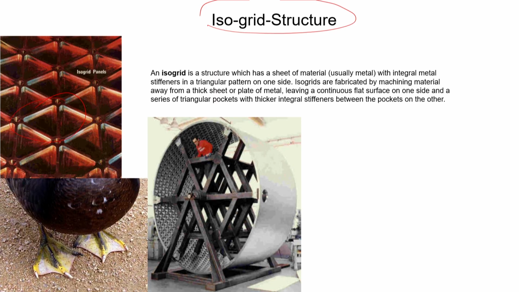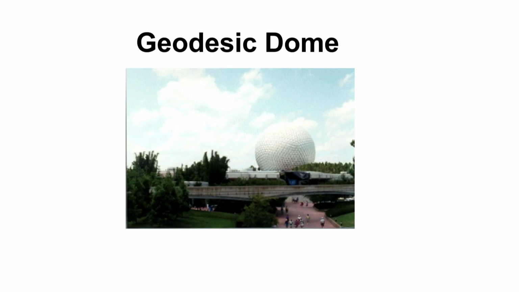Particularly for a rocket structure, which is subjected to large loading, the isogrid system provides large stiffness and strength to the system. Now, another structure I will talk about is the geodesic dome,